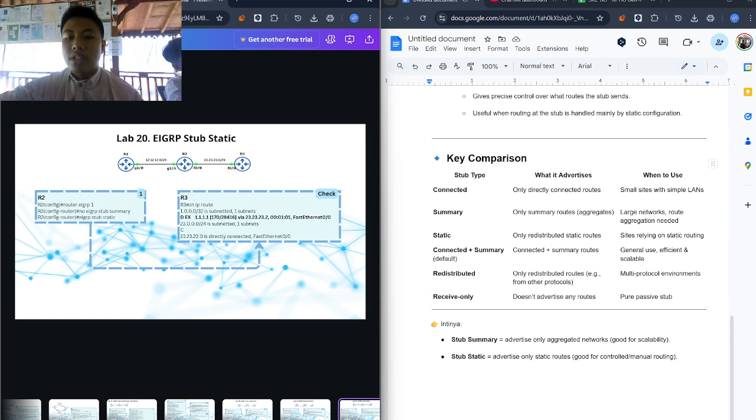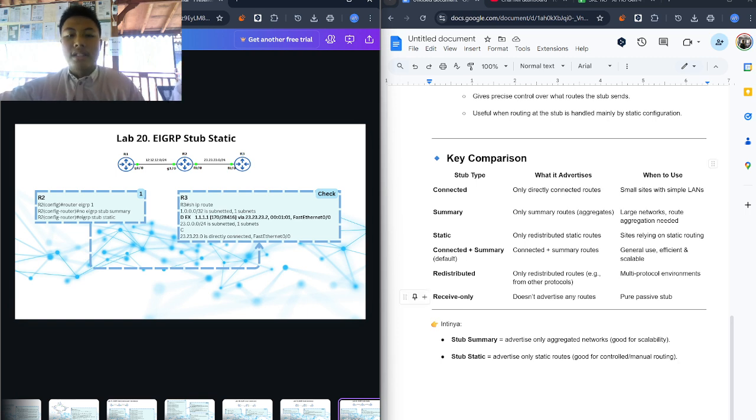Redistributed advertises only routes redistributed from other protocols, used in a multi-protocol environment.